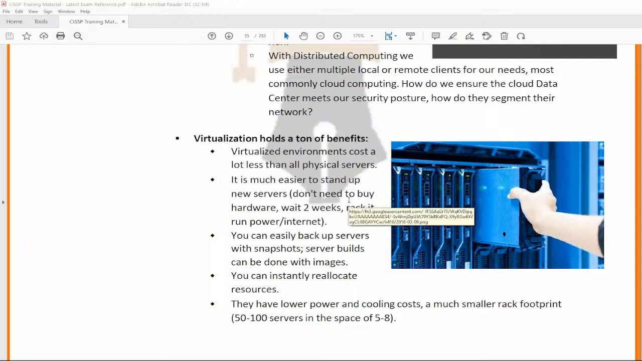If it's set up properly, like Windows Server 2019 and 2022, and you have enough resources, I mean, it also depends